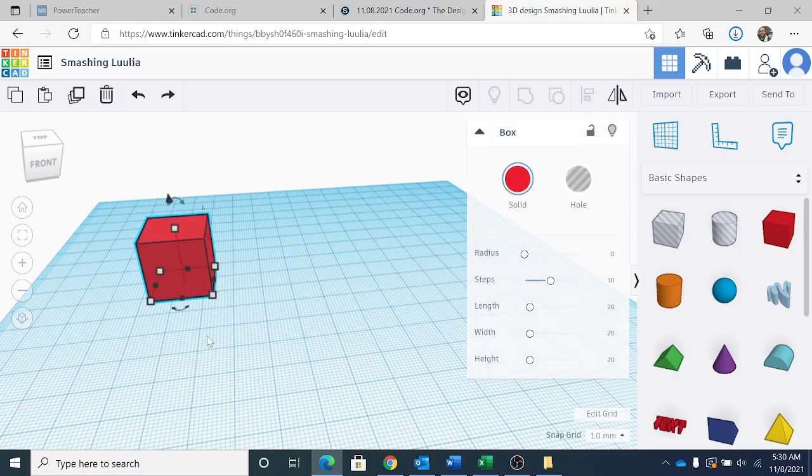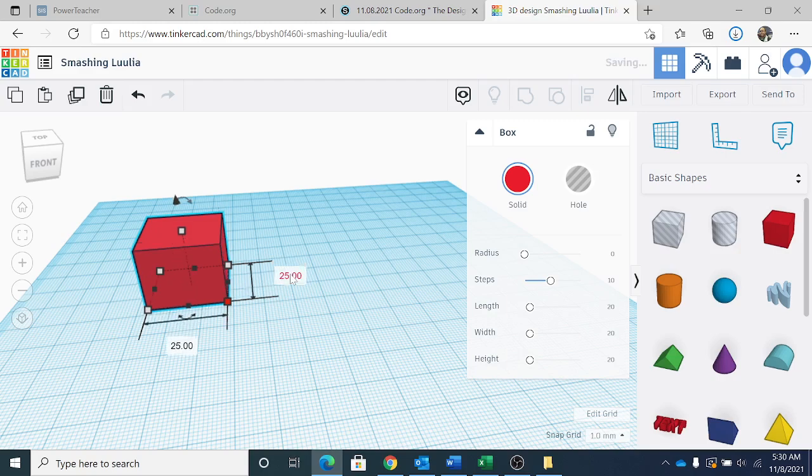So I want to change the width. I click here and I type 25. Press enter. I want to change the length. So I click here and type 25 and press enter. And I want to change the height. I can click here and type 25, or I could just drag up to 25. Alright, now I should have 25 everywhere, and I hope you do too. 25 length, 25 width,